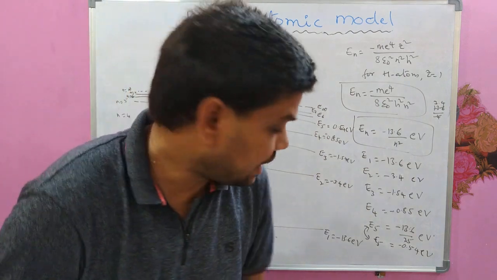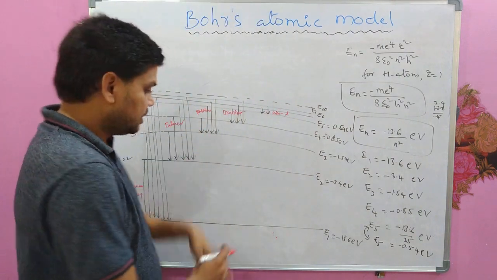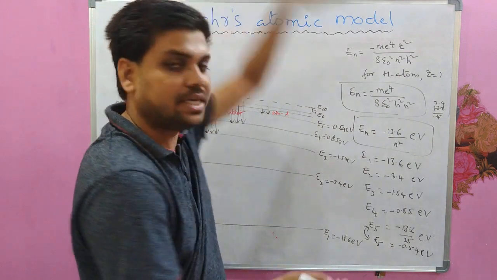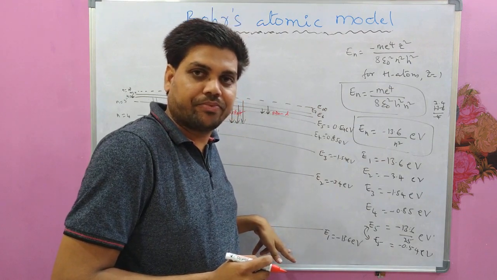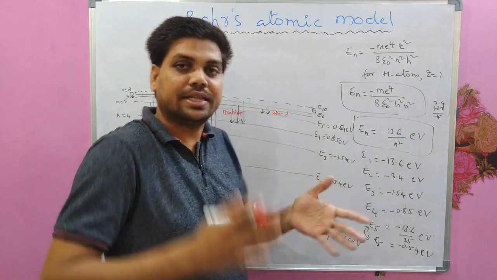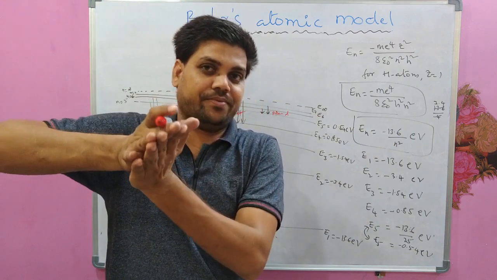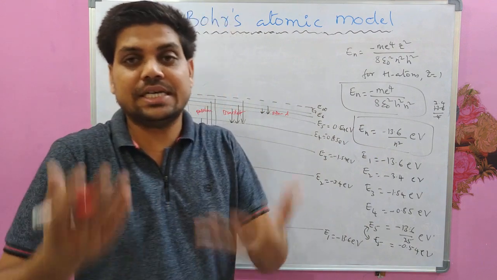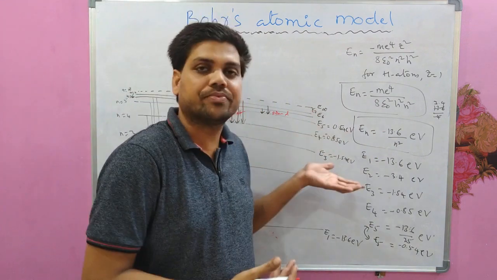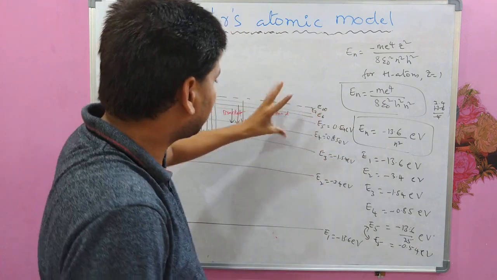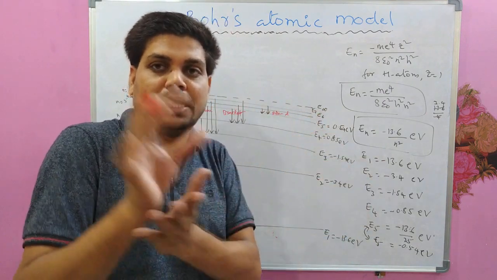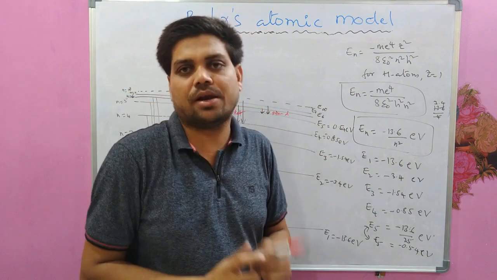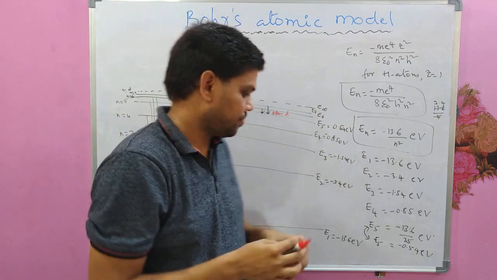Now if you observe the lines that I have drawn, the initial energy levels are more spacious, and as you go away from the center of the nucleus, as n increases, the energy levels are crowded. They are very close to each other. The energy increases as you increase the n value, but they are crowded. The spacing between two consecutive energy levels is very small between higher energy levels.